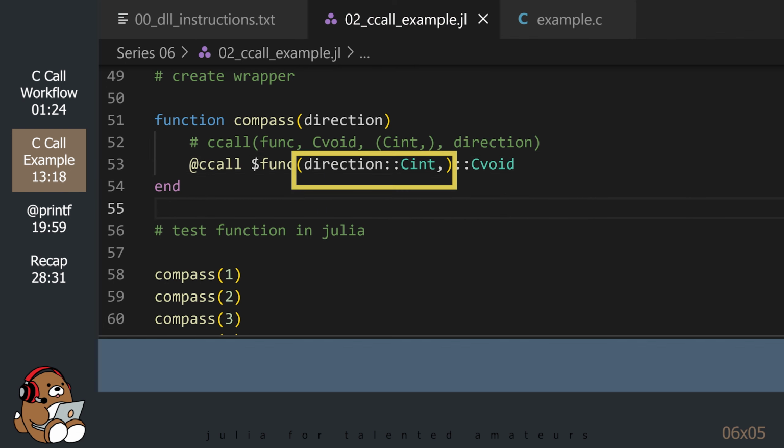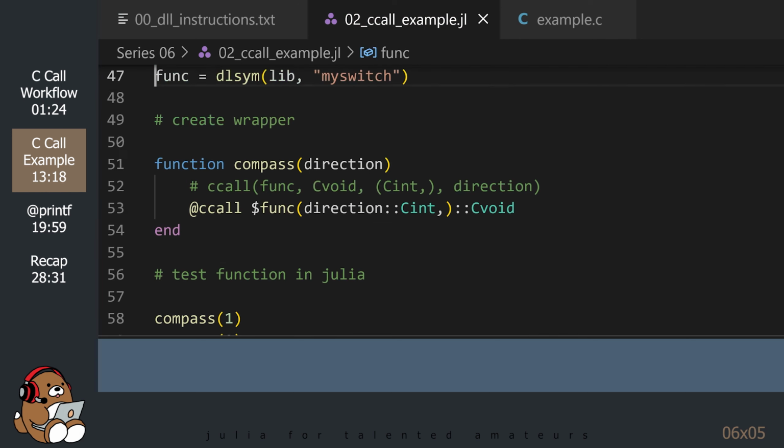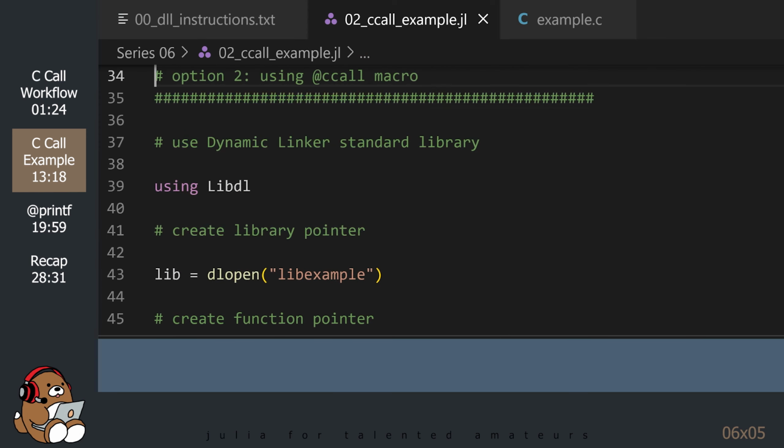Just like with the ccall function, the data type for the function parameters must be in the form of a tuple, so don't forget that comma inside of the parentheses. And that's it! You can now go through and run the code line by line.